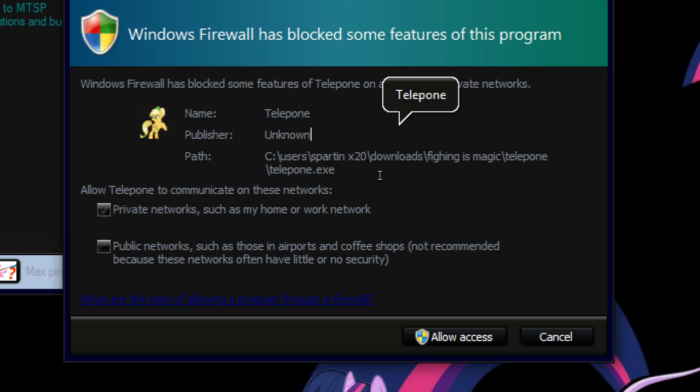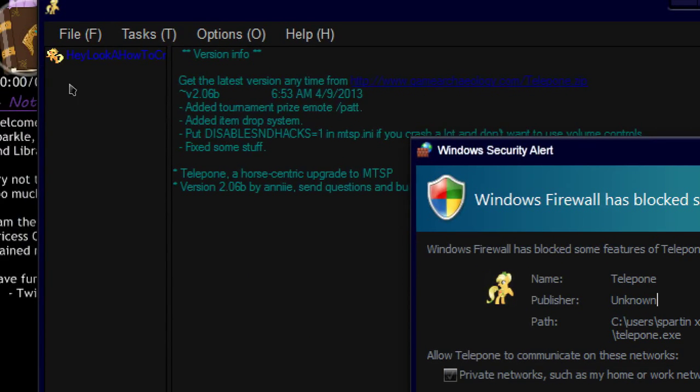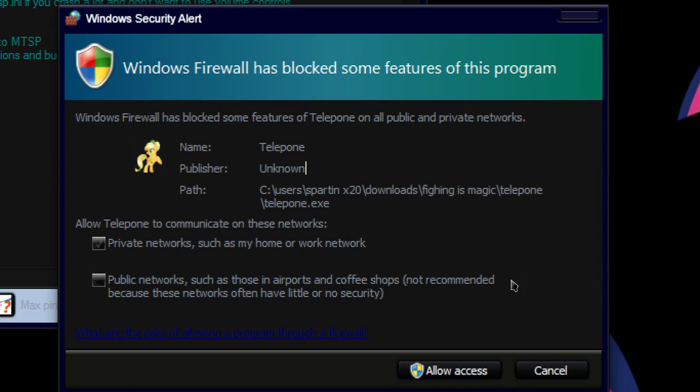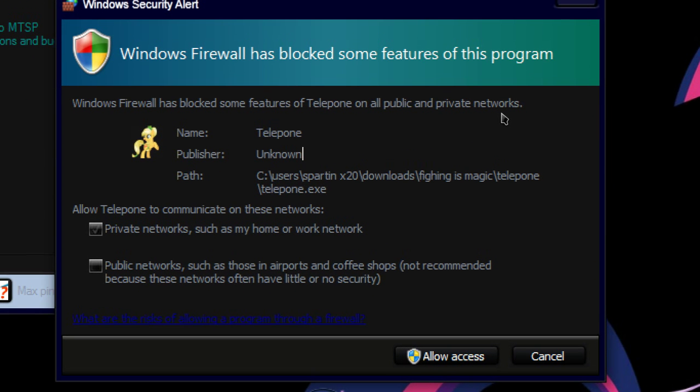If it's your first time running Telepone, this will happen. It asks, you want to allow this program to connect to the internet? Basically, you can just go ahead and say yes to this. I'll explain these options. Allow Telepone to communicate on these networks: public networks, such as home or work network.